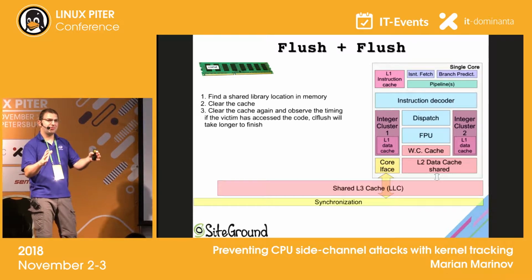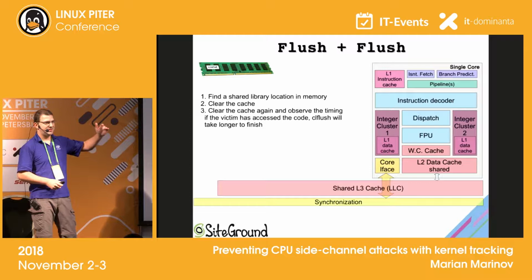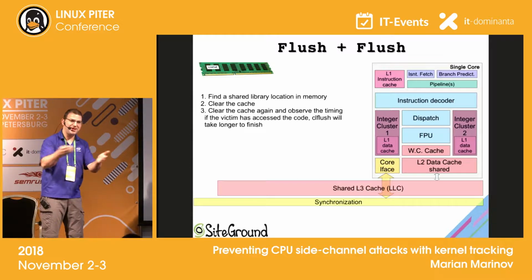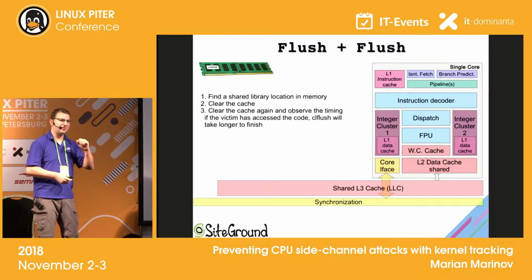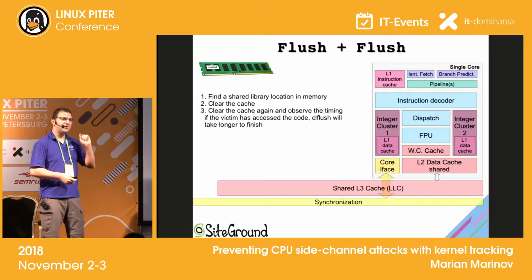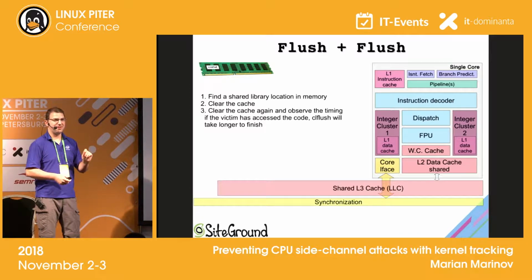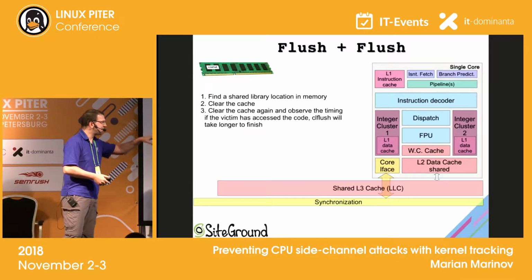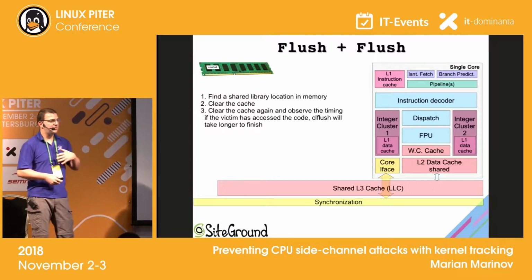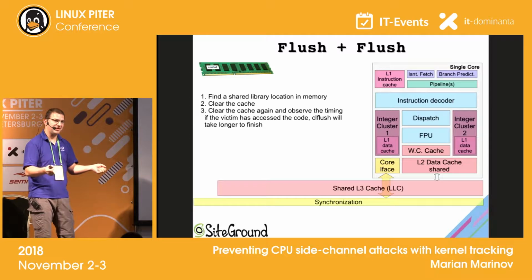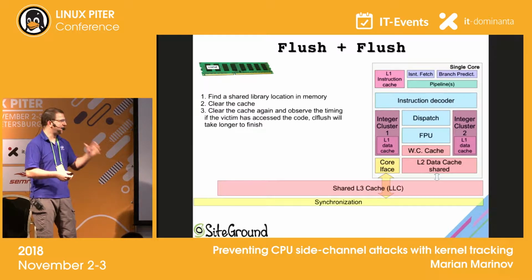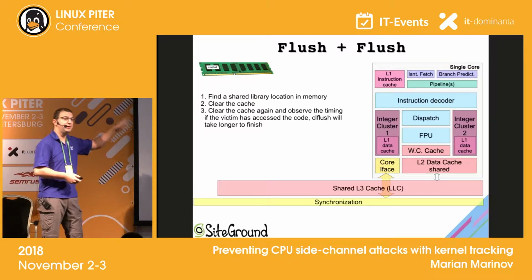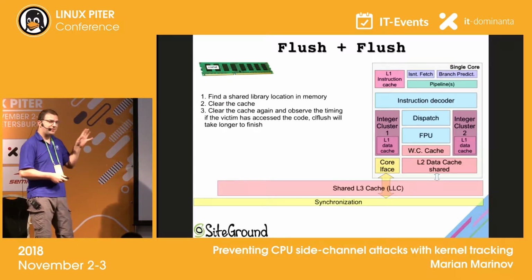Prime+Probe uses the same shared library approach, then primes the cache, and then waits for the victim process to get the data again into the caches. Then your attacker process is probing the cache again. The difference here is that the second probe would take a longer time if there were data in the caches, and it would take less time if there is no data in the caches. So you again use timing only to get data that other processes on the machine actually used from that library. And these are side channel attacks.